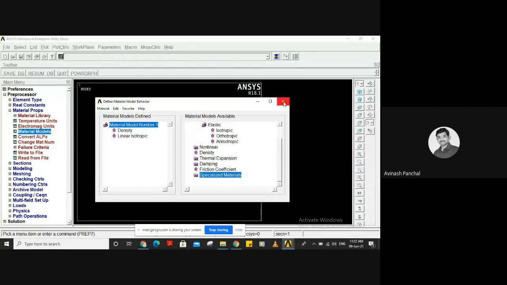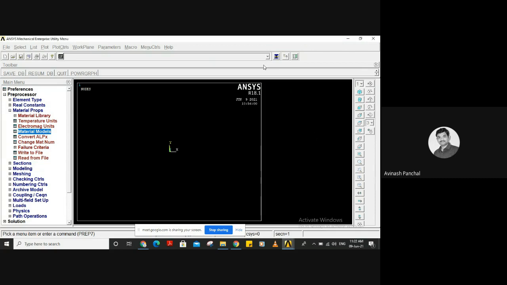Remember, you need to close this. If I click over here, other than this window, it will seem to disappear, and you will say it has gone, but nothing will happen. I am selecting this, but nothing is happening over here.